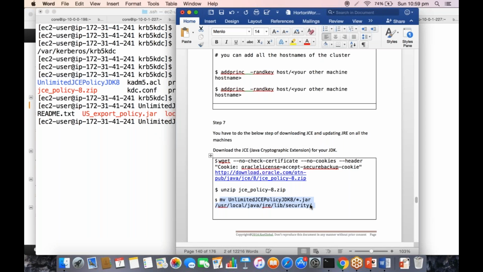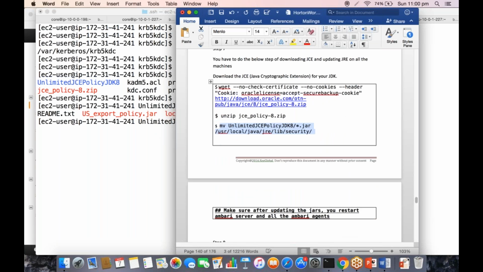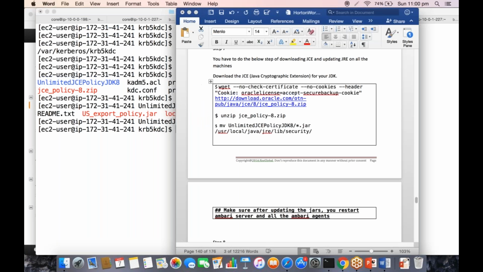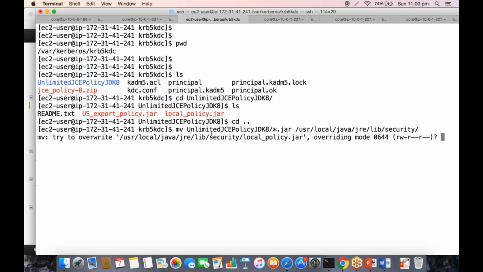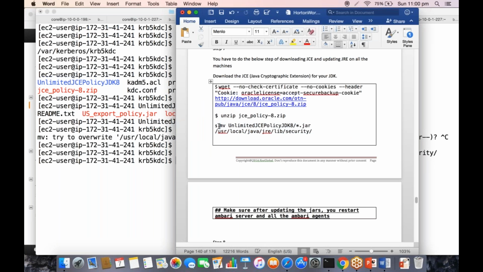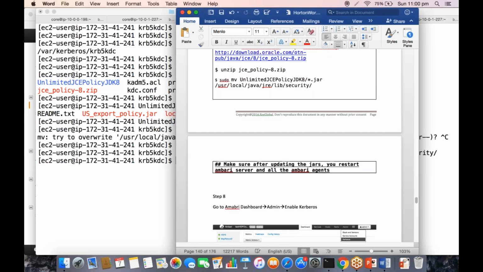We are going to move these jars, so sudo mv the unlimited JCE policy star.jar, to this particular security folder under JRE. After updating the jars, we have to restart the Ambari server.